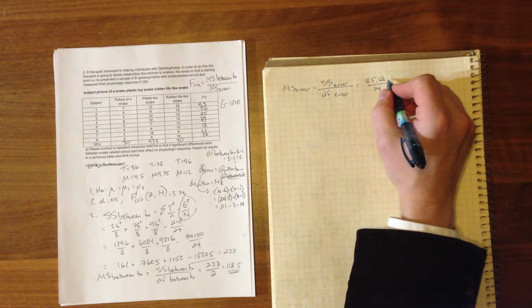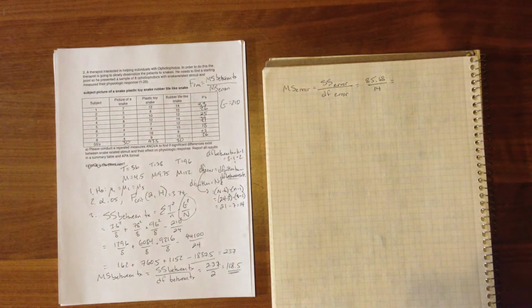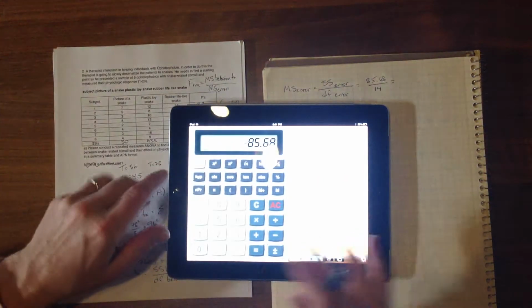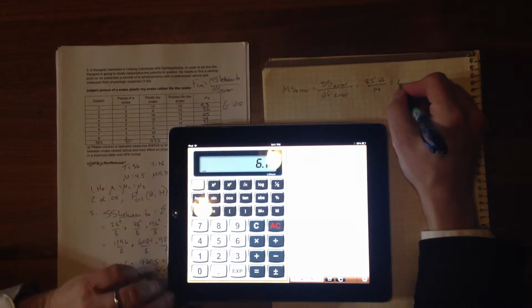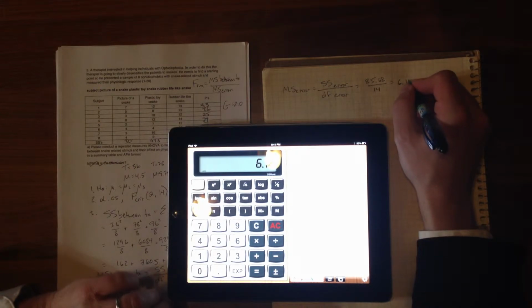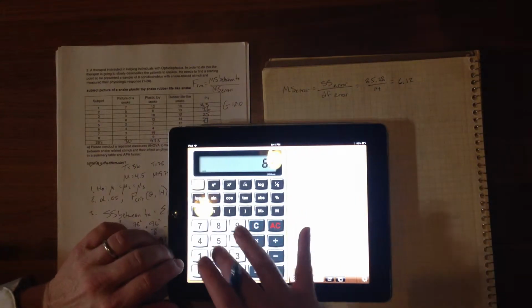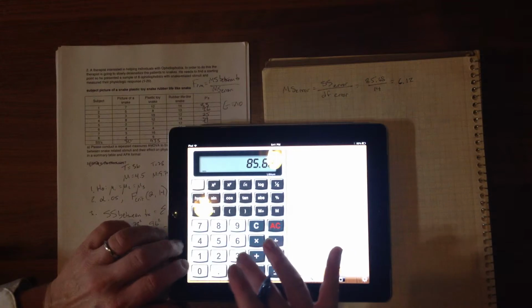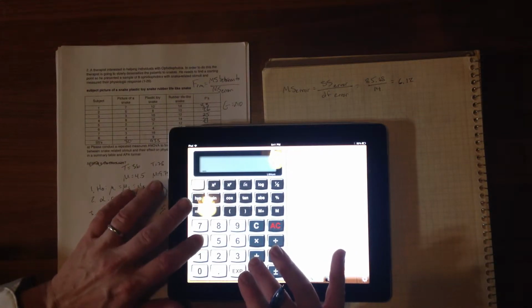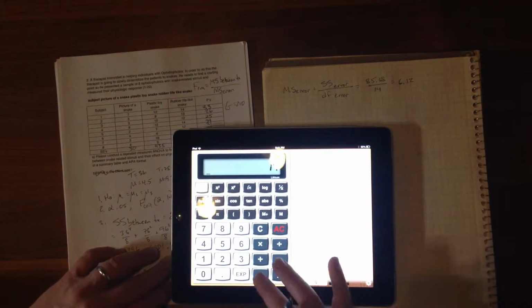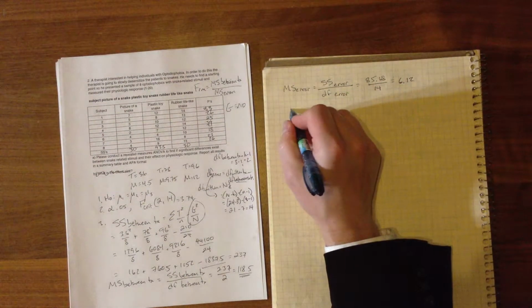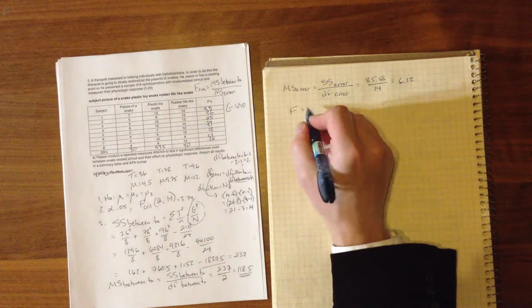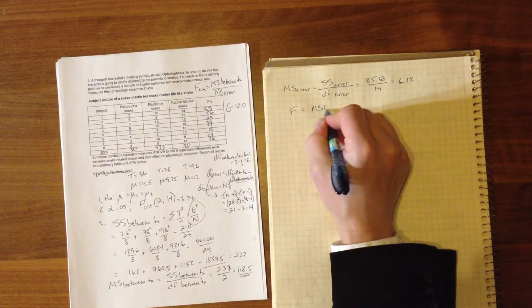So MS error is 6.12. Check that one more time. 14 degrees of freedom. 6.12. Alright. So our F ratio, right, is going to be MS between treatments